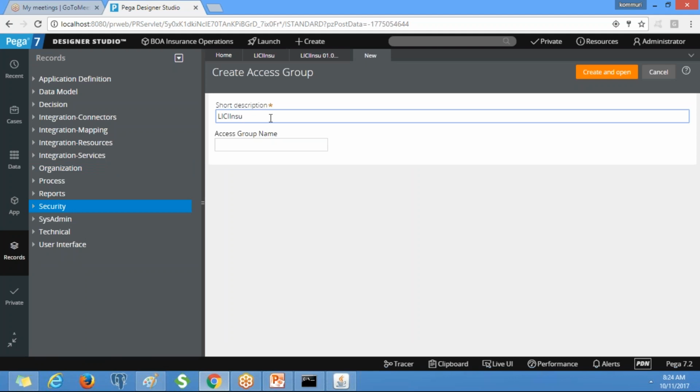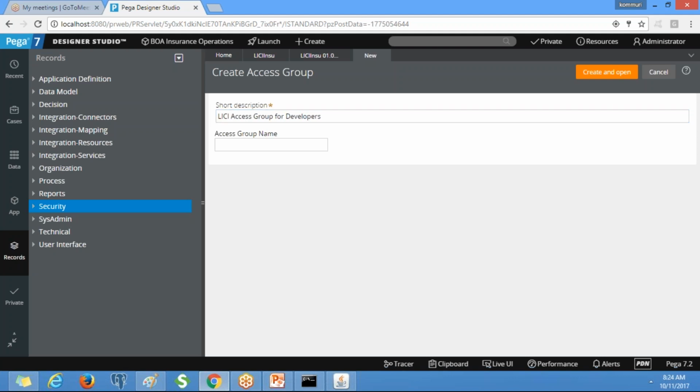I'm going to create an access group for administrators, that means developers. You put the short description as LIC access group for developers.